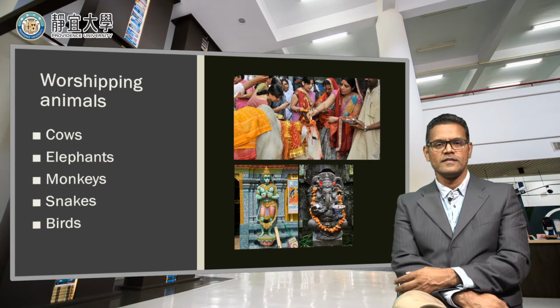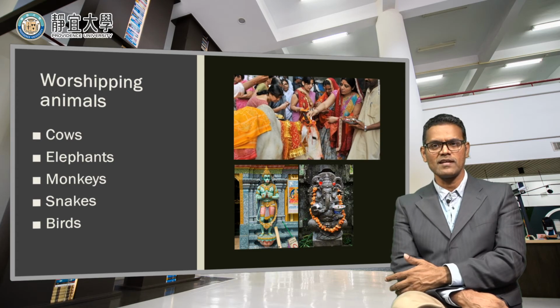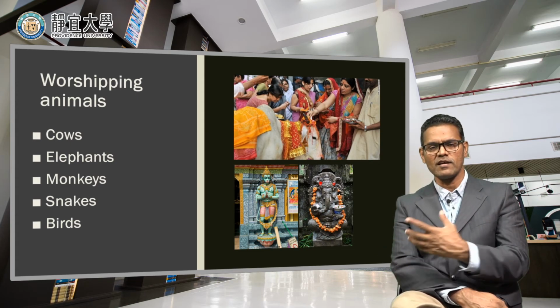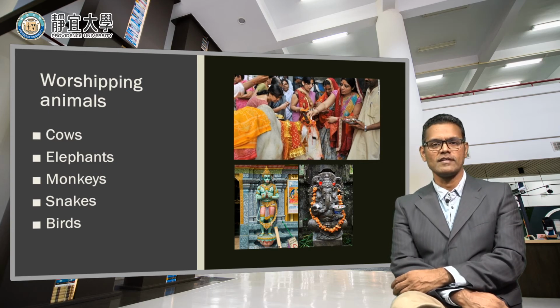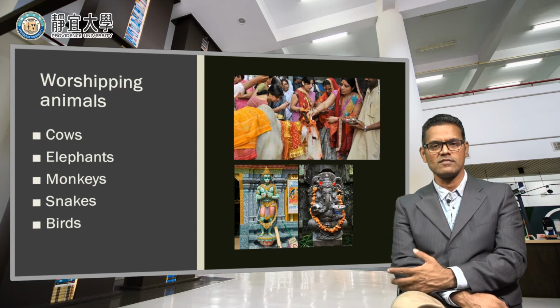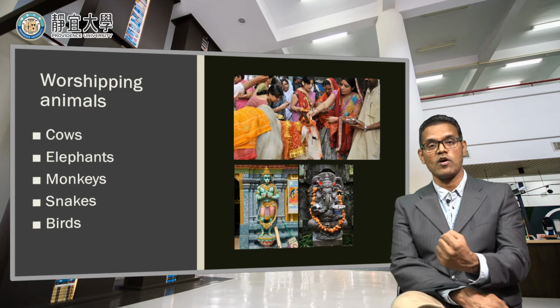So you can also see people are worshipping cows. There's a picture there, right? And then there's a monkey god. Monkey god is for strength. So if you want to build your body, or if you want to be strong, you can worship this god and ask this god to take care of your health, and to make yourself strong.